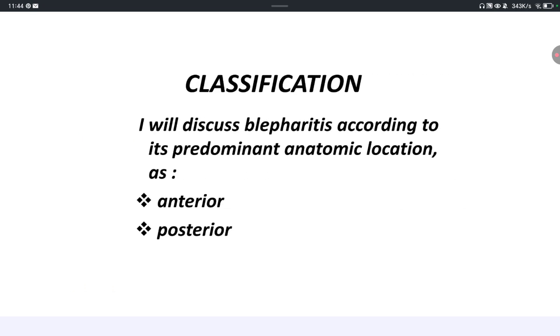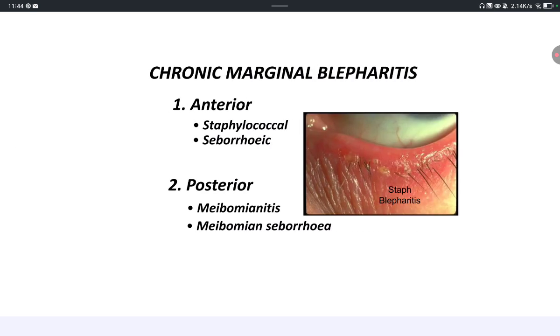Now we are going to talk about the classification. We will discuss blepharitis according to its predominant anatomical location as anterior and posterior. We will talk about the anterior and posterior as per condition, as for the infection. First we have chronic marginal blepharitis. This is the anterior, and next one is the posterior. Anterior, staphylococcus